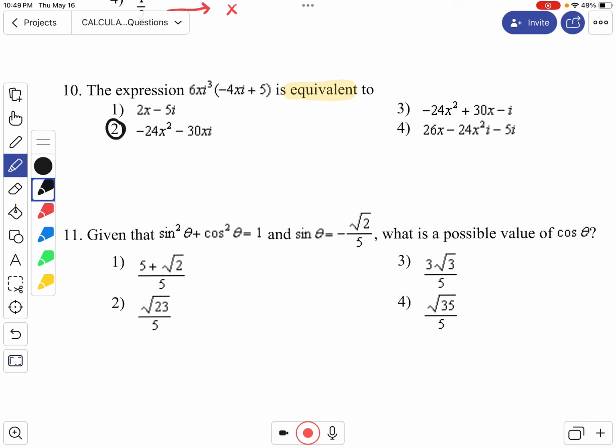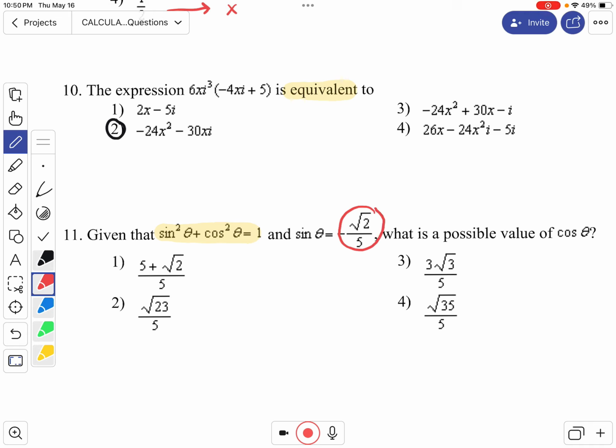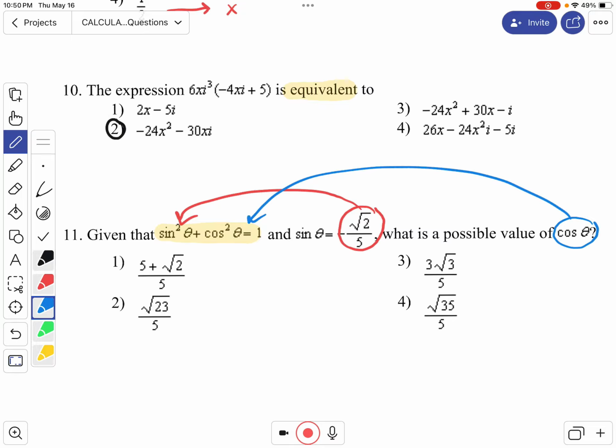All right, for question 11, this one's a little bit different than the other ones, but what I have here is what's called an identity, just meaning that whatever you plug in for sine squared and cosine squared, it's always going to be equal to 1. Now, what's cool here is that they actually gave you what sine is, so I can actually plug that in there, and then they're asking you what cosine is. So is it possible to use our options and plug them in? Absolutely. So because they gave us the sine, I know automatically that I have negative radical 2 over 5 squared